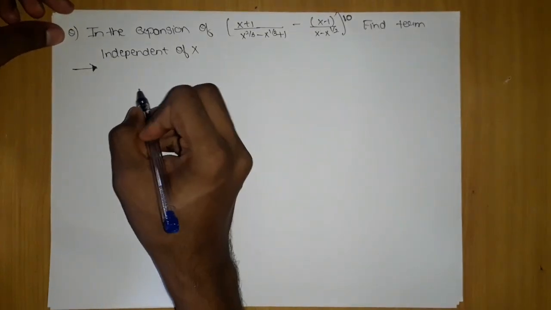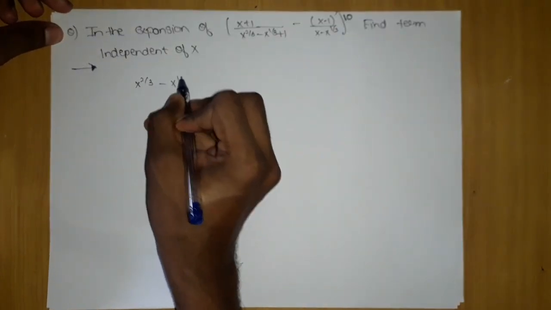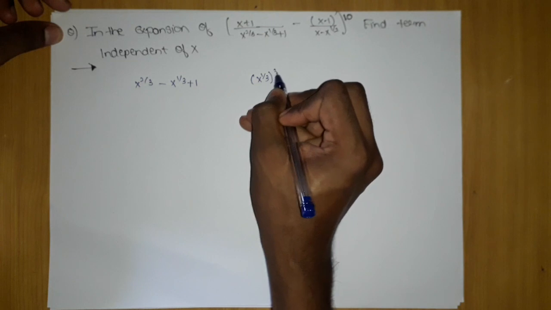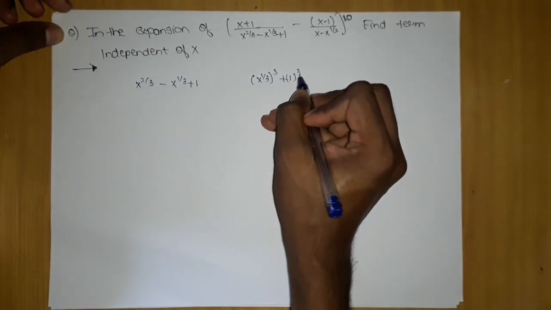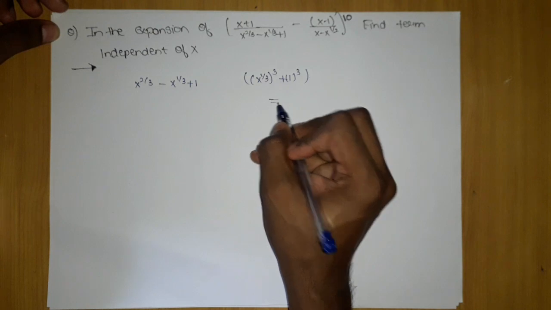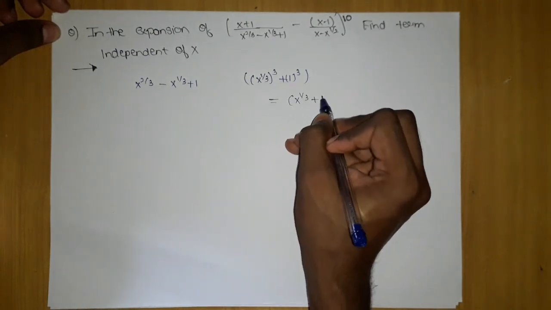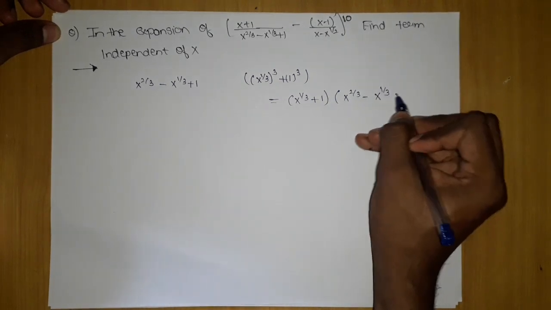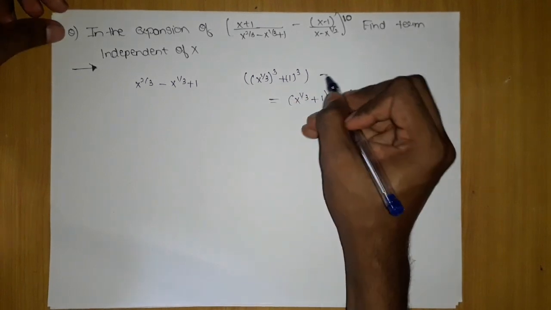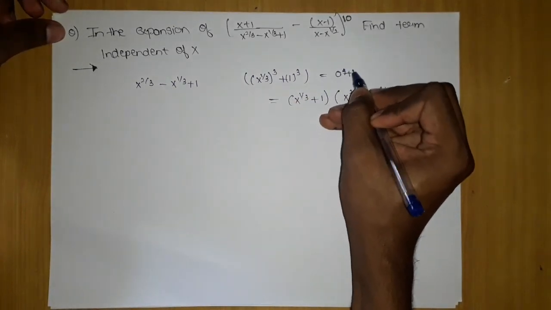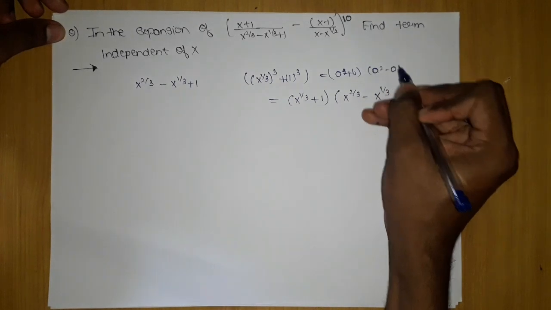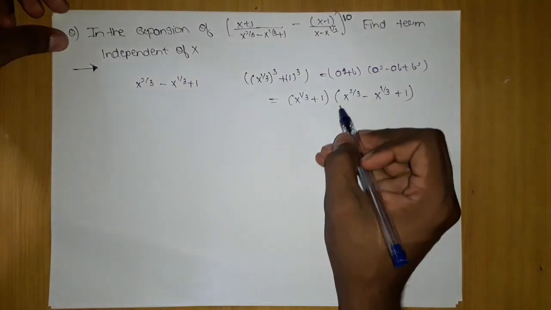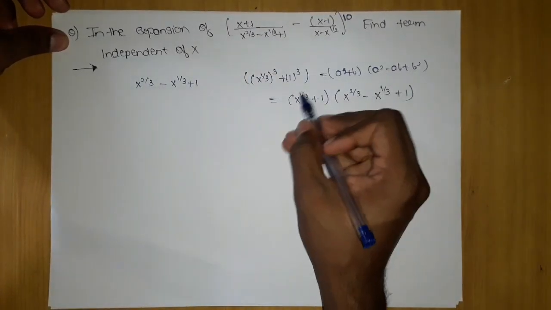So if you observe here, x power 2 by 3 minus x power 1 by 3 plus 1 is given, and if you write x power 1 by 3 as this, plus 1 power 3, then you know a cube plus b cube is nothing but x power 1 by 3 plus 1 into x power 2 by 3 minus x power 1 by 3 plus 1. You know this is cubic, whose formula is a cube plus b cube equals a plus b into a square minus ab plus b square. This is the formula which we are going to use. So if we replace this by this, this will cancel out, and we are left with x power 1 by 3 plus 1.